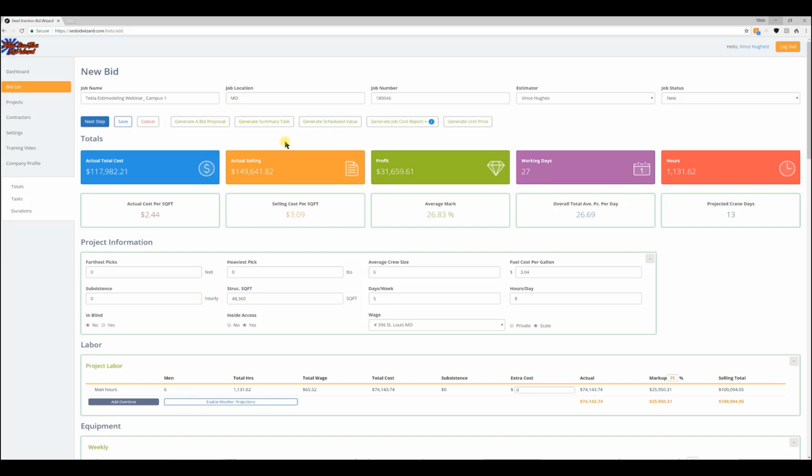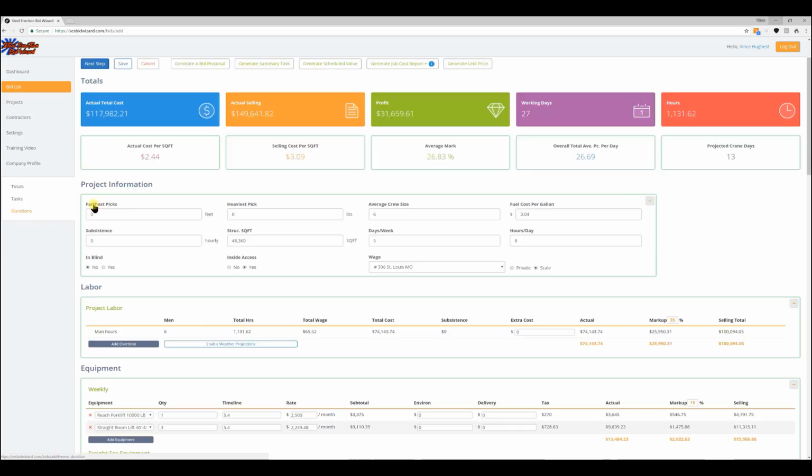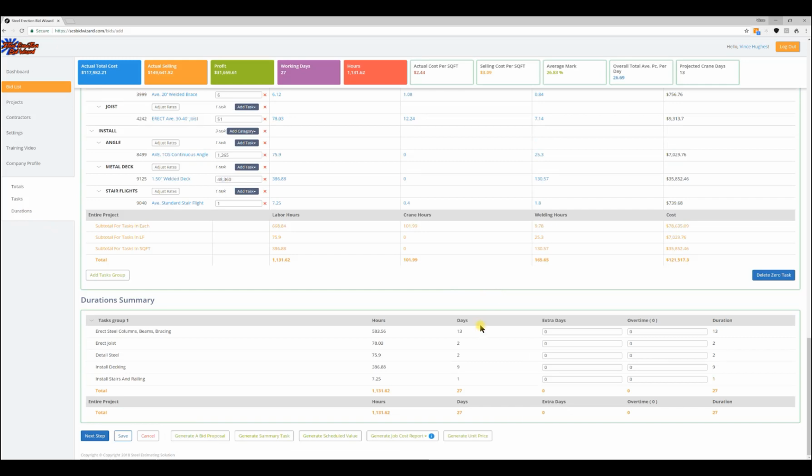Also, not only that, we're also going to have a schedule. Let me show you what that looks like. It's a duration schedule, so the idea behind it is to be able to give this to the general contractor, who then builds the schedule we have to live by. Of course, we wouldn't want to give them our dead-nuts days. We want to pad it a little bit. So once I give myself a few extra days,